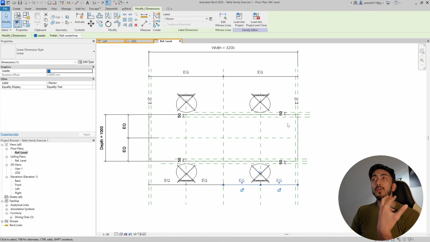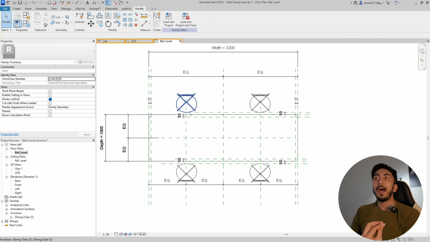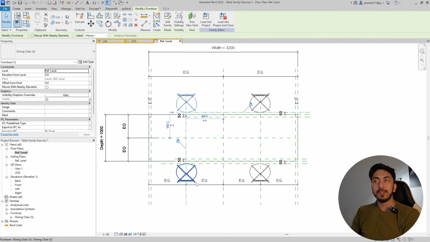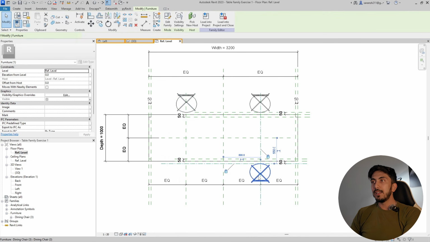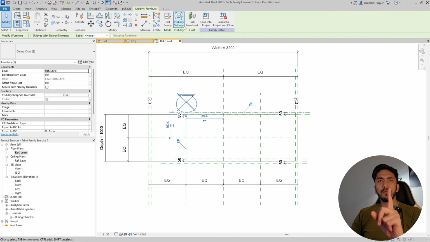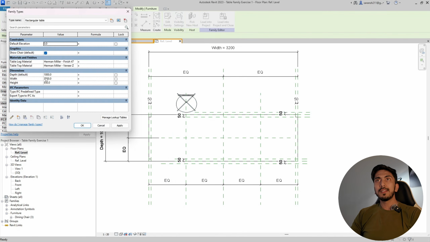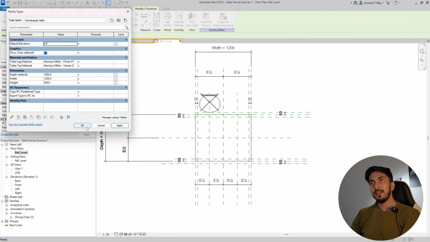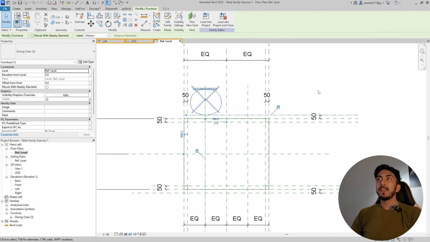But now we want to array. Now we want to have more chairs over here. So how can we array this? Let's go ahead and delete the other chairs. Okay. And now I have just one chair over here. Let's make this small table again. Okay. Now select the chair, go to your modify panel, and on the modify panel you will see